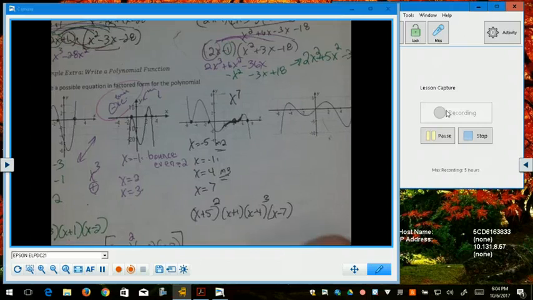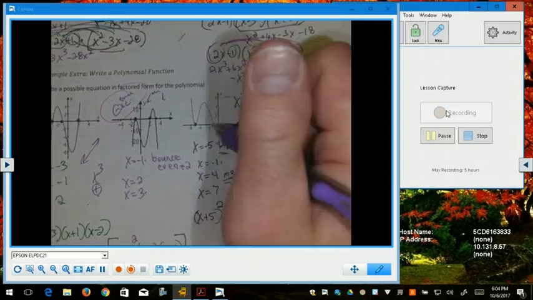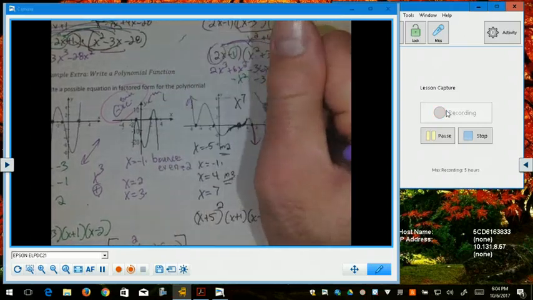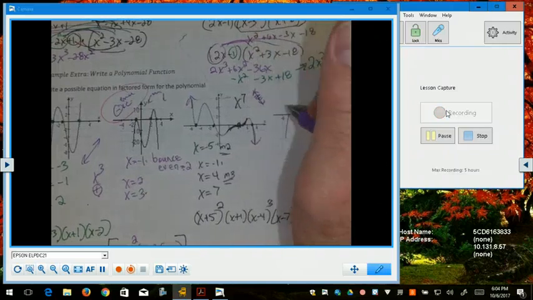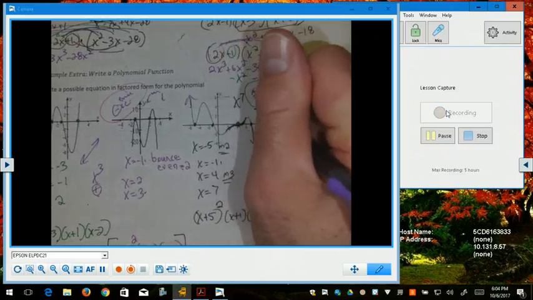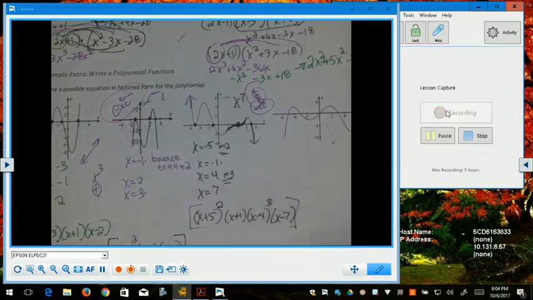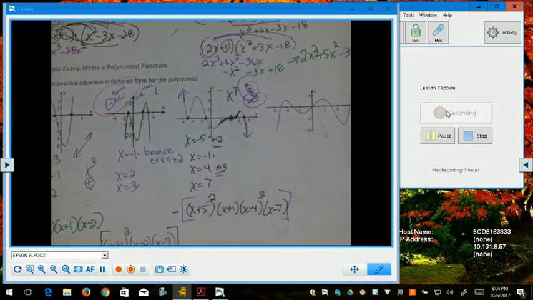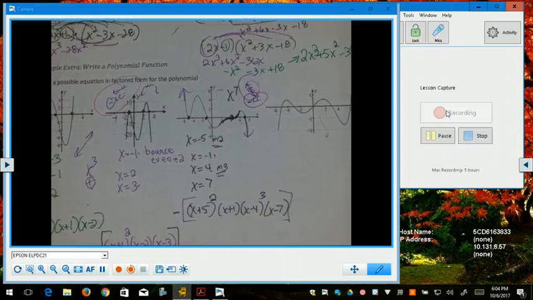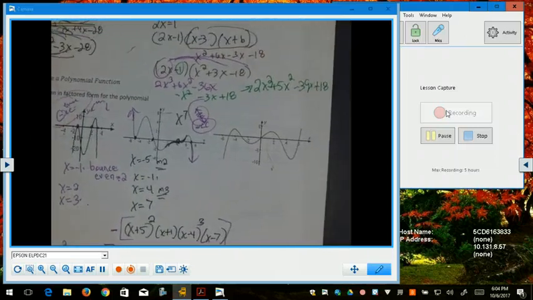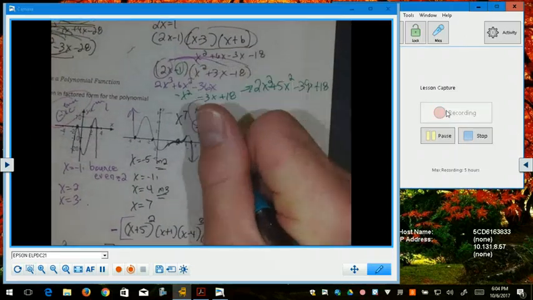It's an odd degree polynomial, and when I look at the end behavior, like a line, it's more like a line with a negative slope. So that means it's got to have a negative lead coefficient. So after I do all of that expanding, I'd have to distribute a negative into every single term. And for our last one, this is x equals